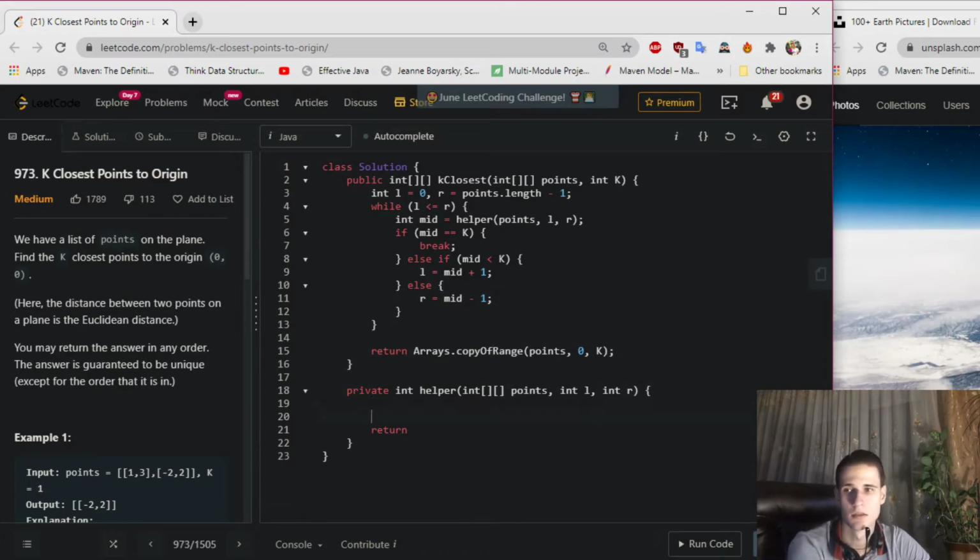Next, right here we create just pivot equals to points at the position of the left pointer, and while the left pointer is less than the right one, we create if condition: if left pointer is less than the right pointer, and also we should create another helper